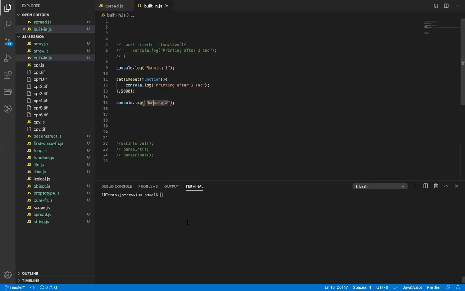Now if I run this, I will still get the same result. It will wait for 5 seconds, then it will run. Now it printed after 5 seconds.